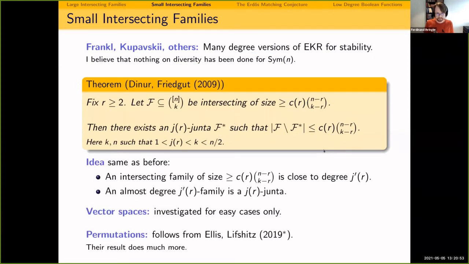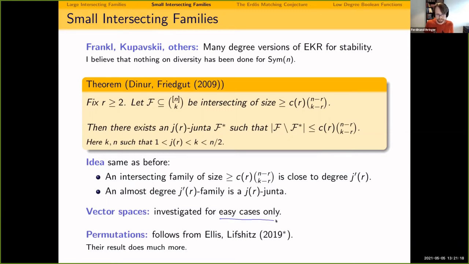Yeah, and so you can describe any relatively large intersecting family as some form of junta, and you can take out the junta and what you are left with will be relatively small. Now, you can investigate the same thing for vector spaces, but not much has been done there,